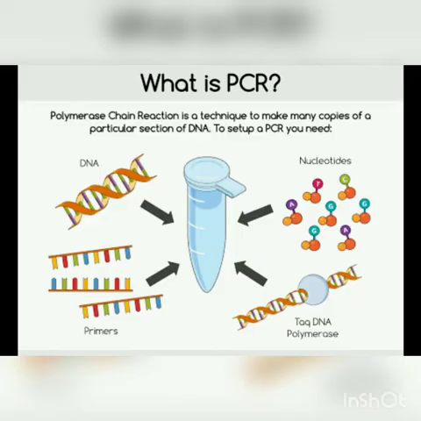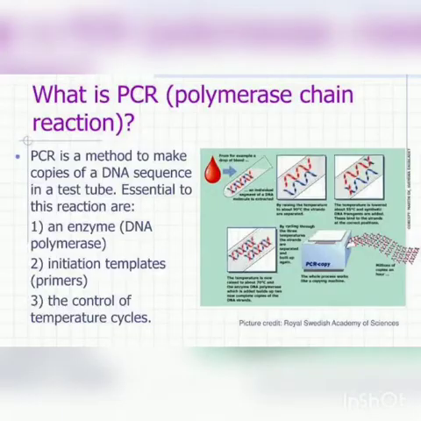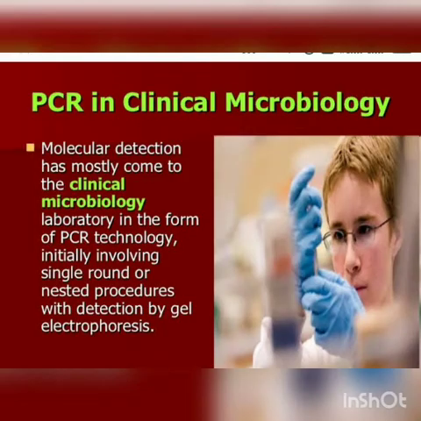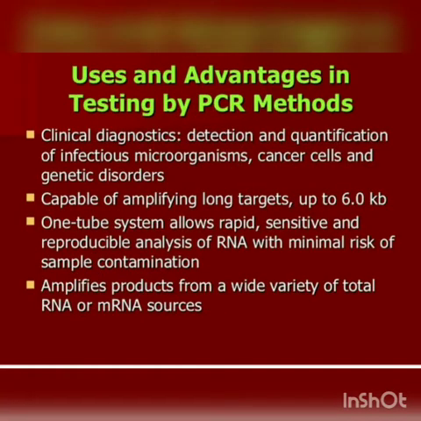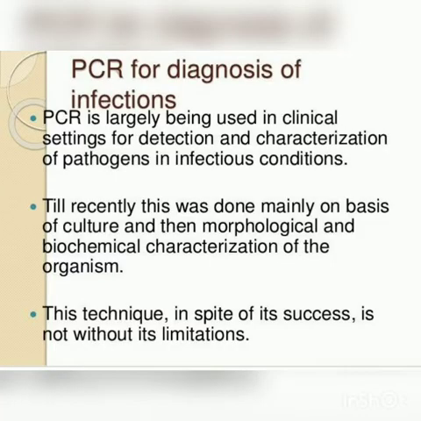Next is PCR in clinical diagnosis. The diagnosis of inherited disorders, that is the genetic diseases, viral diseases, and bacterial diseases, can be done with the help of this PCR. The diagnosis and treatment of a particular disease often requires identifying a particular pathogen. Traditional methods of identification involve culturing these organisms from clinical specimens and performing metabolic and other tests to identify them. The concept behind PCR-based diagnosis of infectious disease is very simple.